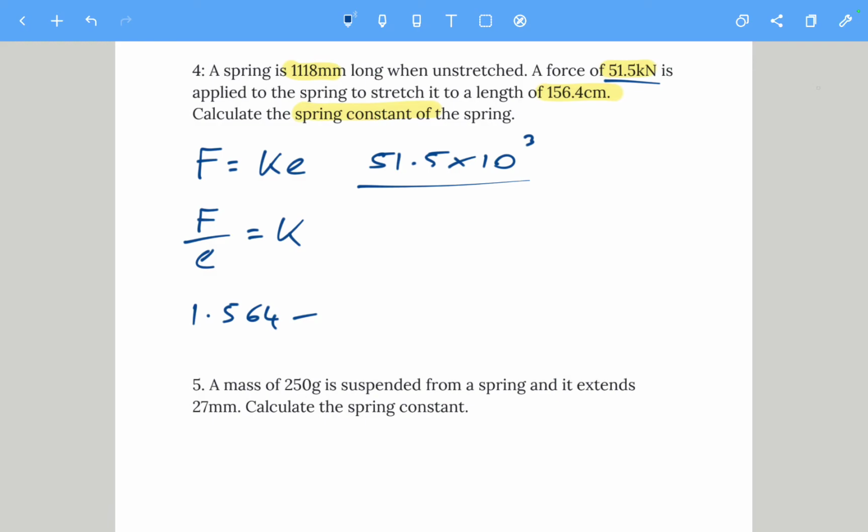You need to divide that by 1,000, which is 1.118 meters. Calculate that first. That's an extension of 0.446 meters. And then put that up here. So you have 51.5 times 10 to the 3 divided by 0.446, and that gives a spring constant of